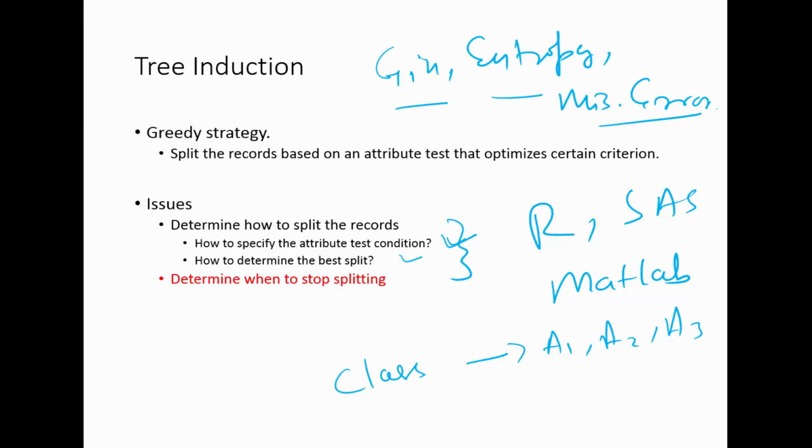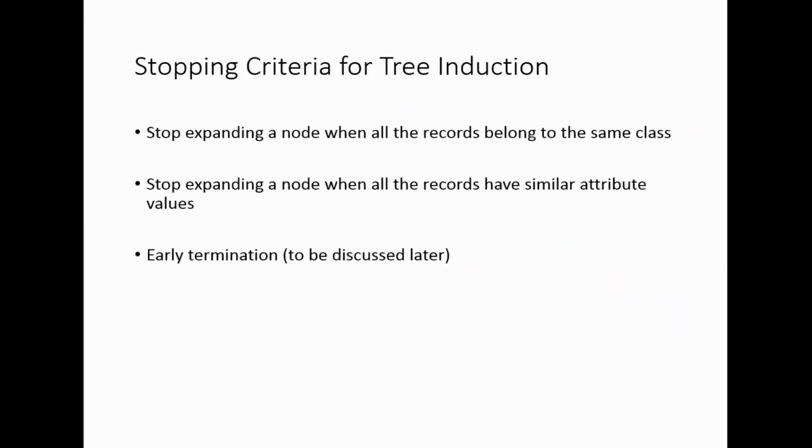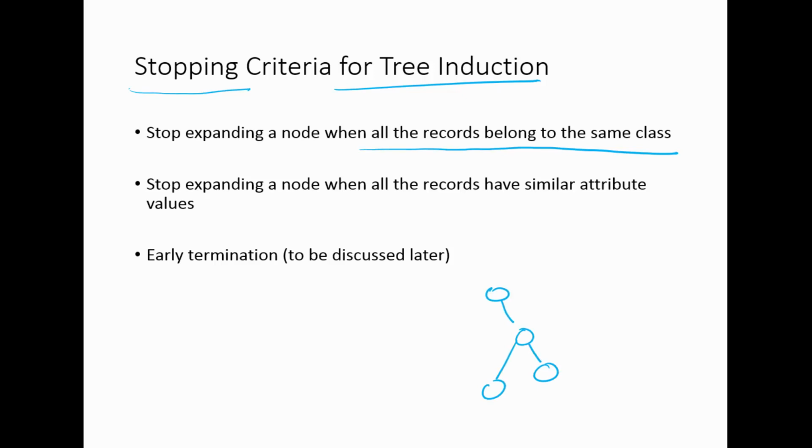So the final thing that we're interested in is determining when to stop. Now the tree can go on and on. So how do you know where exactly to stop? We consider what is known as a stopping criteria for tree expansion. So stop expanding a node when all the records belong to the same class. Now you go on classifying, but if these two nodes have the same cheat percentage,